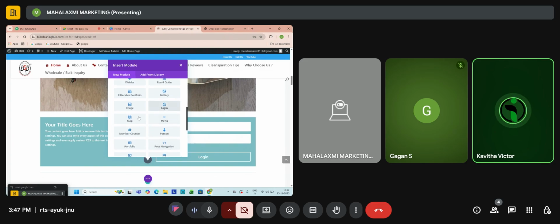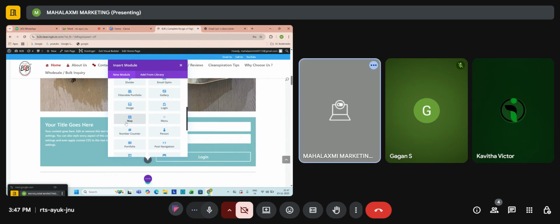After login, we have map. So what is map? Just the map or location of your business will be added here. But click on that. It is a paid one here in WordPress. For this, we have an alternative. We have displayed the map using the code. Do you remember that?